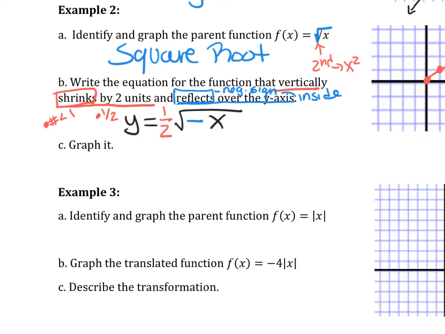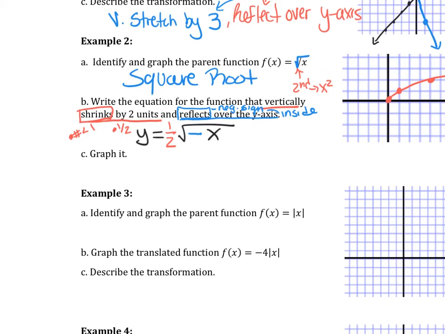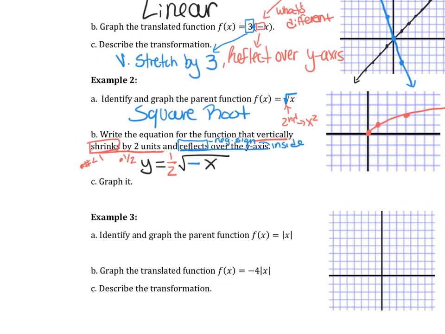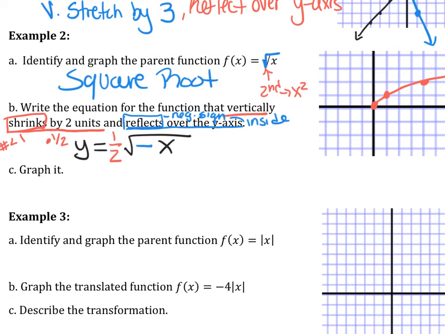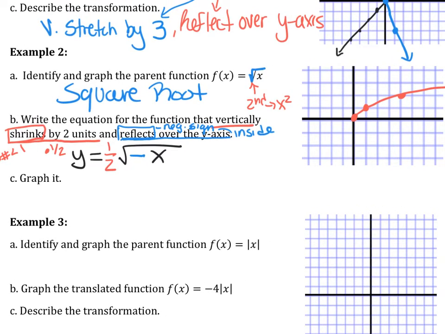Okay, so then in your calculator, you can graph that. You type your 1/2, and then your second x squared button to get the square root symbol, then negative x. Make sure the negative and the x are both underneath the square root symbol. Again, with square roots, there are going to be errors, so you just got to keep finding it until there's the non-error ones. And then when you graph it,